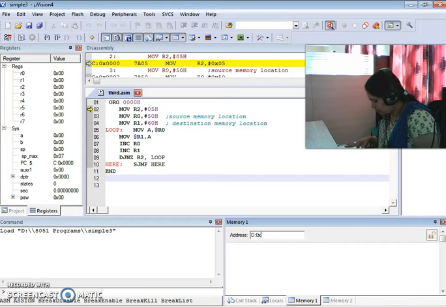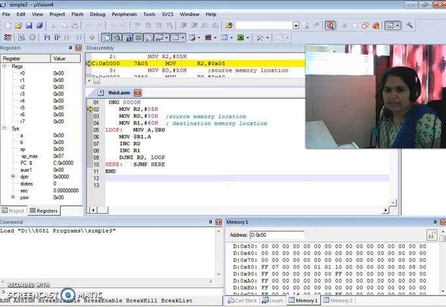So we will see 0 cross. My source address is 50H, so I will just write the 50H location. So directly I will find the 50H location. So I have to write some values from 50H location to 54H location, and then I have to run the code. Okay, because at 50H location some data should be available. Then and only then the data is transferred to the 60H location. So at the source memory location, the user has to put the data.